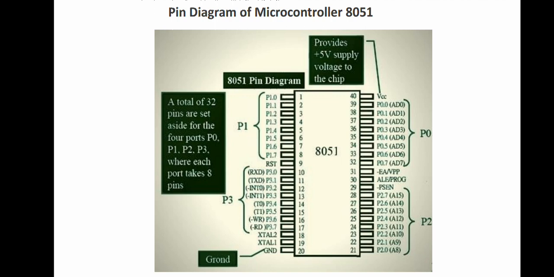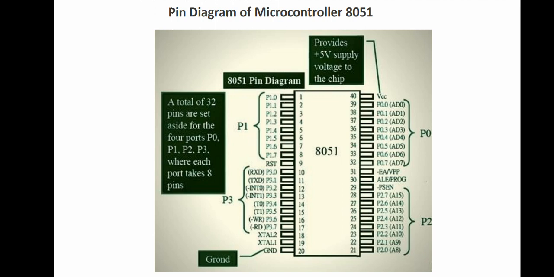Similarly, some other functions are given to the port 3 pins, which are RxD, TxD for serial communication, INT0, INT1 for external interrupts, T0, T1 for counting applications, and WR and RD for reading and writing applications. Pin number 9 is for reset. It is a reset input pin which is used to reset the microcontroller 8051.